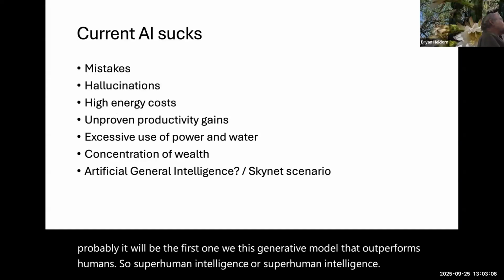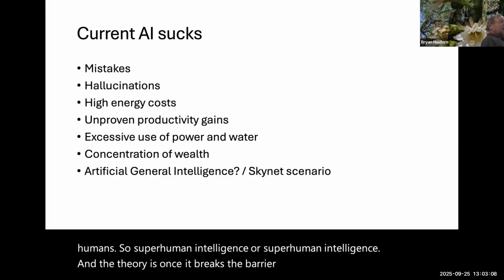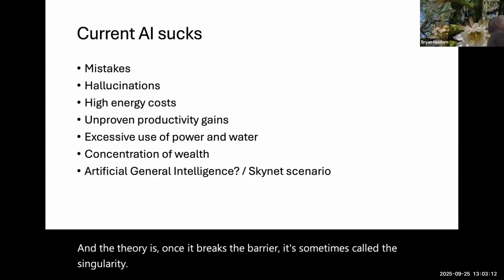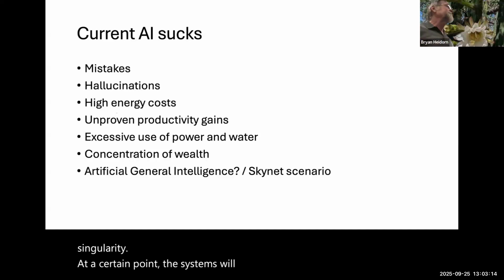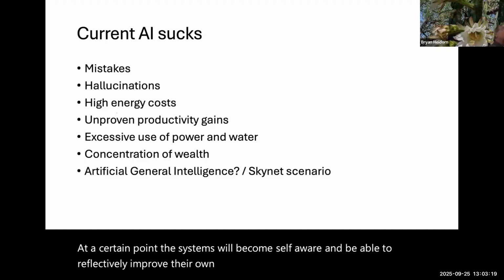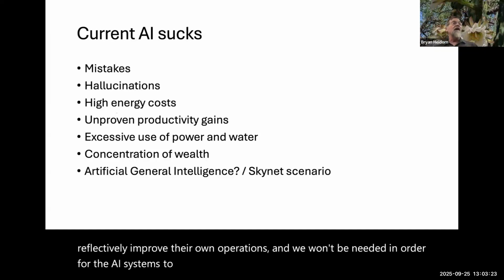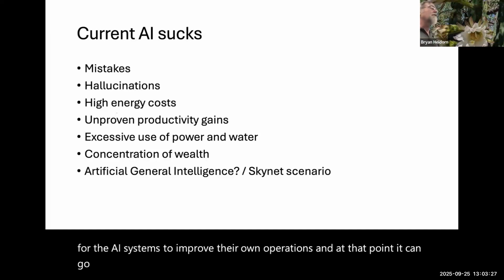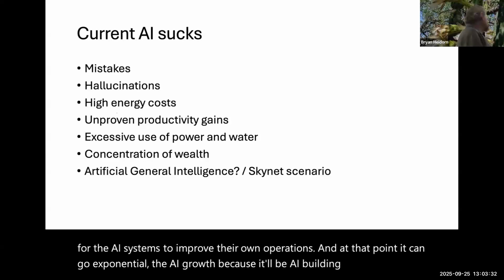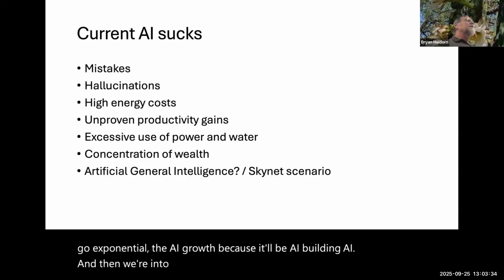And the theory is once it breaks the barrier, it's sometimes called the singularity. At a certain point, the systems will become self-aware and be able to reflectively improve their own operations. And we won't be needed in order for the AI systems to improve their own operations. And at that point, it can go exponential, the AI growth, because it'll be AI building AI. And then we're into the Skynet scenario, if anyone has watched the Terminator series,